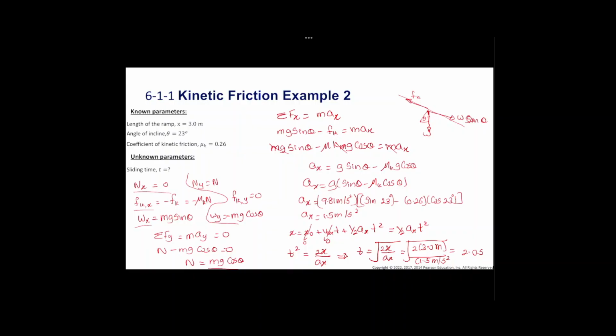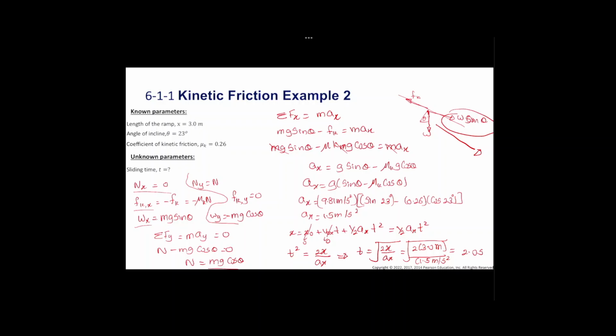Because this component of the weight, W sin theta, is the larger of the two forces, the sea lion accelerates down the slope, and friction only acts to slow its